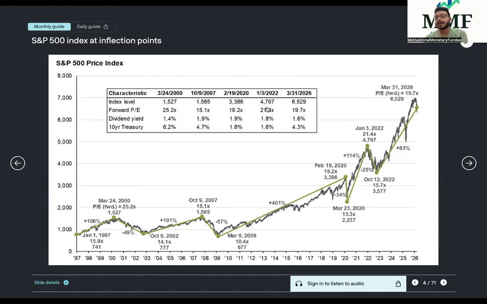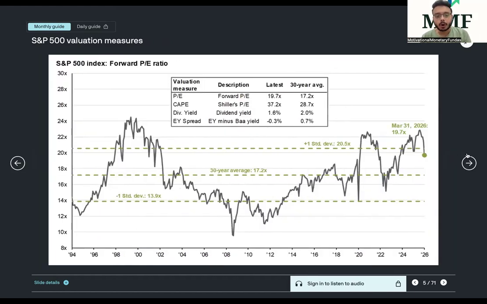Again, we have talked about what exactly is the price to earning multiple. We have talked about the trailing price to earning multiple and the forward price to earning multiple. We have also talked about the 10-year treasury, the risk-free rate which a 10-year government bond or treasury bond commands in the US. It is almost risk-free, not completely, because there is always a reinvestment risk and a mark-to-market risk, be it any kind of bond, right? We go forward.